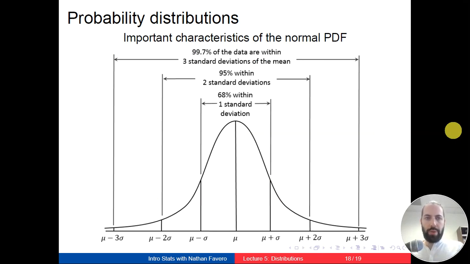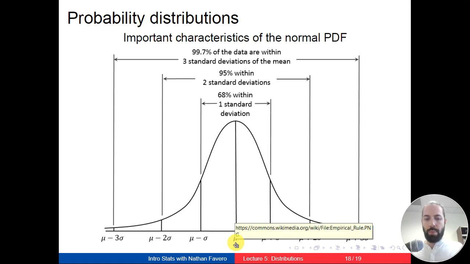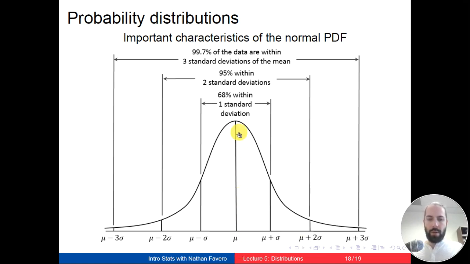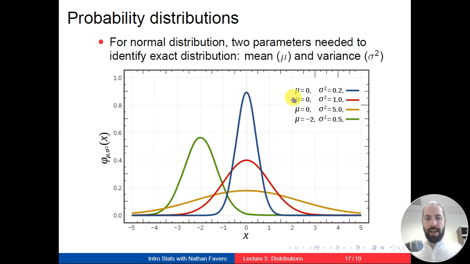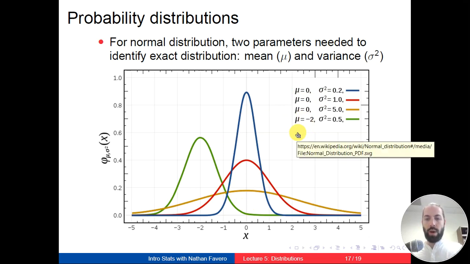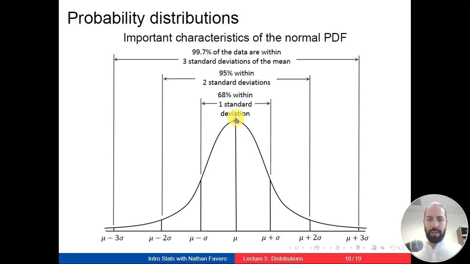Couple more things we should know about the normal distribution. So one of them is we have some rules of thumb for how likely we are to get different values from a normal distribution. So right here in the middle of this graph, we have mu. And if you'll recall, mu is usually used to describe the mean of a population. So as we saw in the previous slide, with a normal distribution, we can change what the mean is. We can change the value of mu. But whatever value we pick, whether it be 0, -2, +10, it's always going to be the middle of the distribution, always going to have this shape.